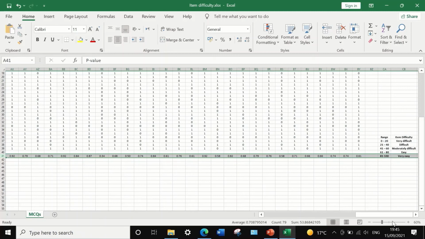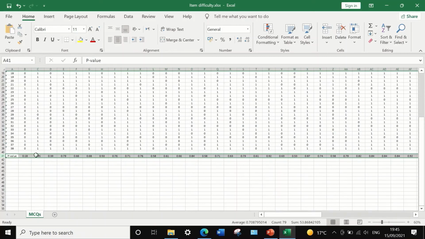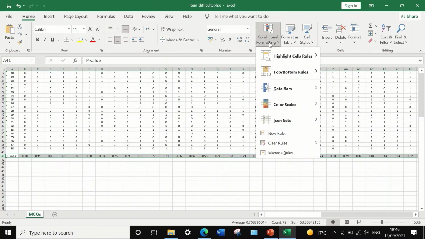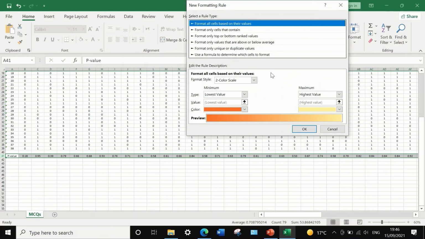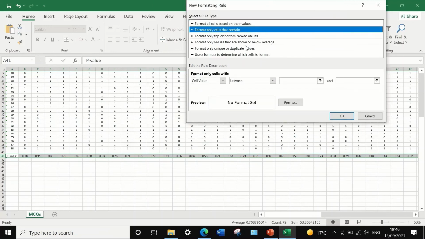So to color code these values, select the row first and then click on the conditional formatting, scroll to new rule, and then in the select rule type,